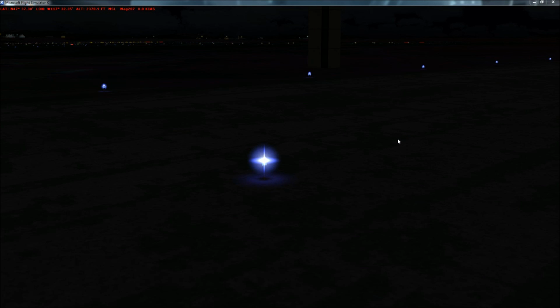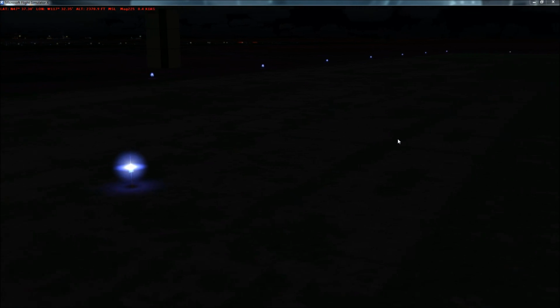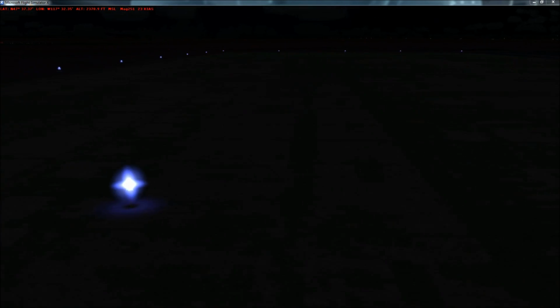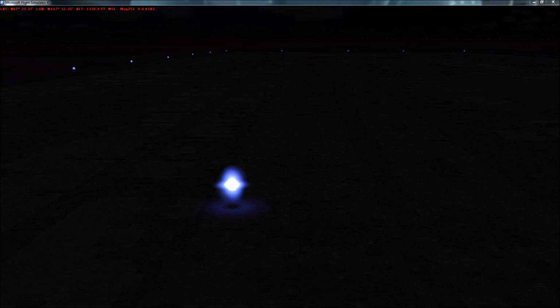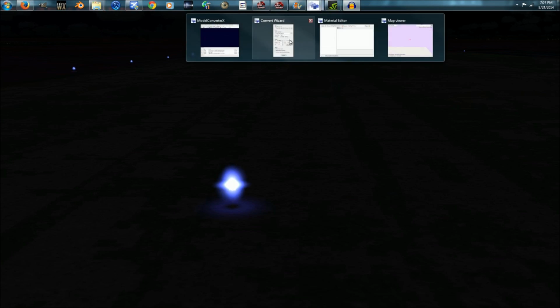Okay, so here's our taxi light in Flight Simulator. And of course, the first time I went to look for it, I wasn't able to find it. And so after probably about an hour of just tinkering with things and trying to figure out, making sure that it was large enough that I was going to be able to see it in the first place, making sure all the textures, all the files are in the right place and added to the scenery library. And then it dawned on me that, if you look here in Model Converter X,